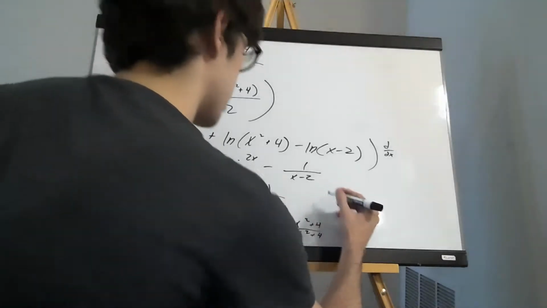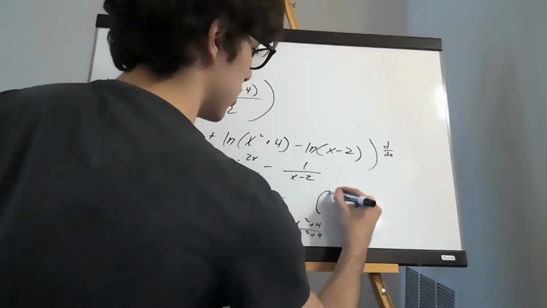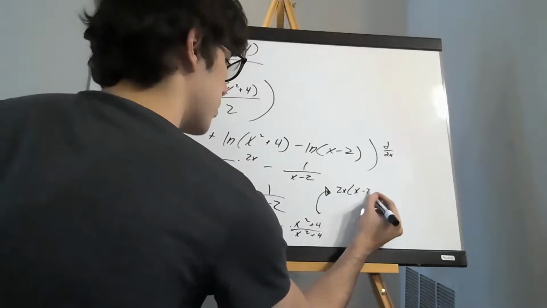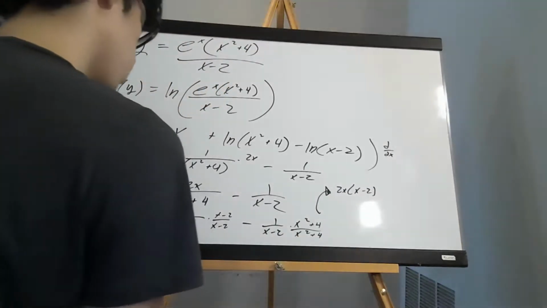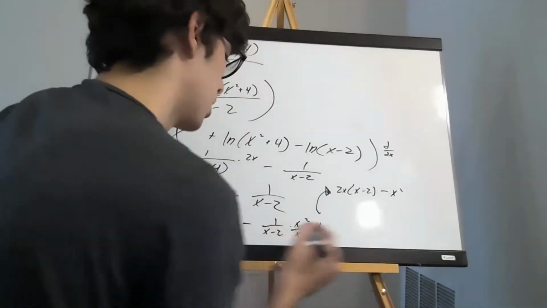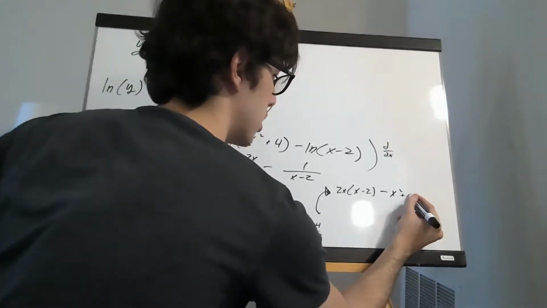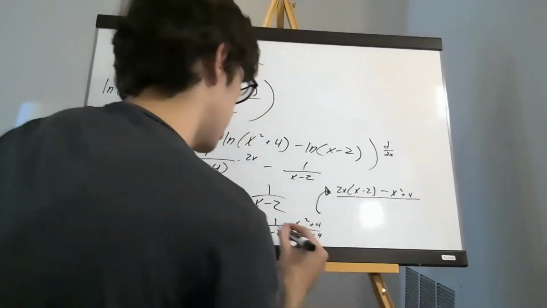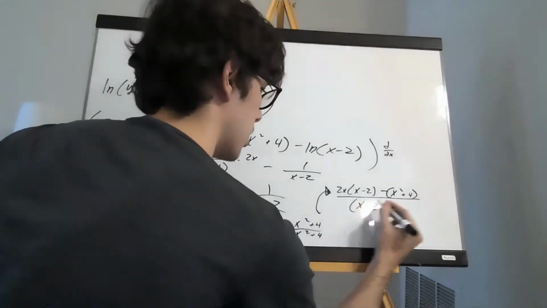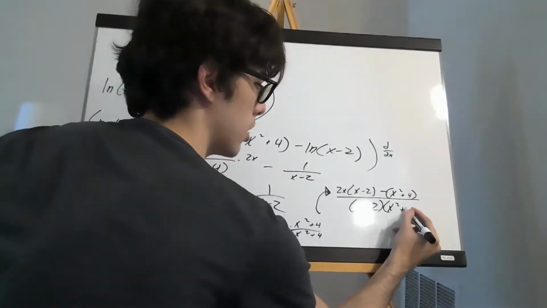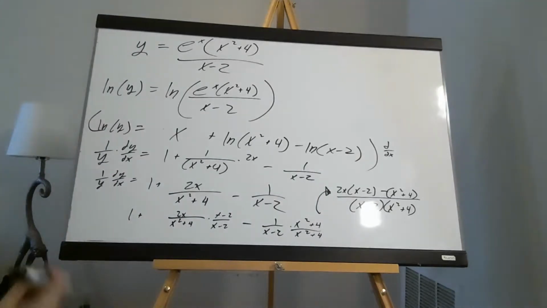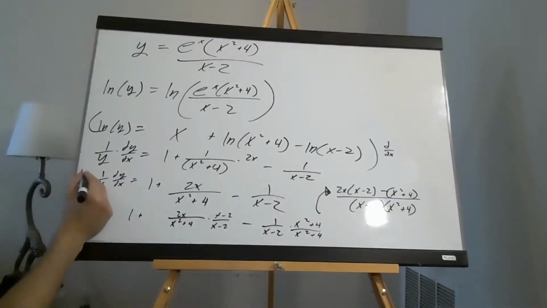So that's going to give us, I'm just going to put the answer up here. We got 2x times x minus 2 minus x squared plus 4 over x minus 2 times x squared plus 4. Okay, and then the final step is we have to multiply both sides by y, so we just have dy